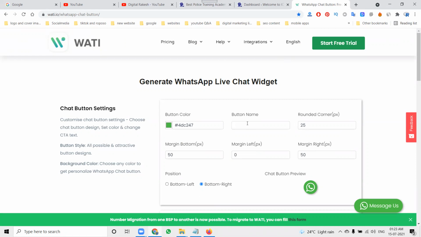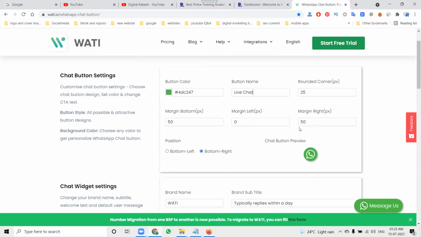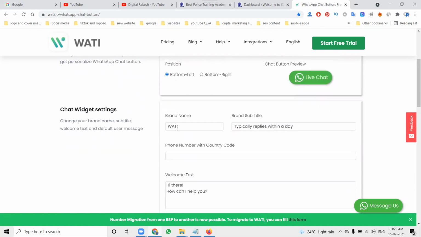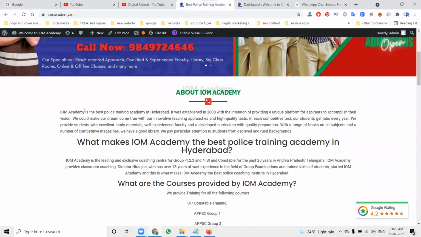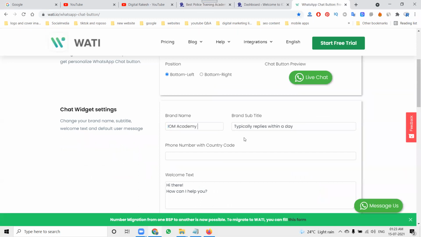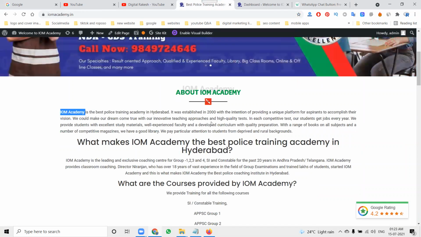Here, first of all, we can give live chat. Select the option button nearby, left or right. I'm focusing on the left button. Here, the name. So what is the name here? You can use a name; I'm just copy pasting. Here, using this option.